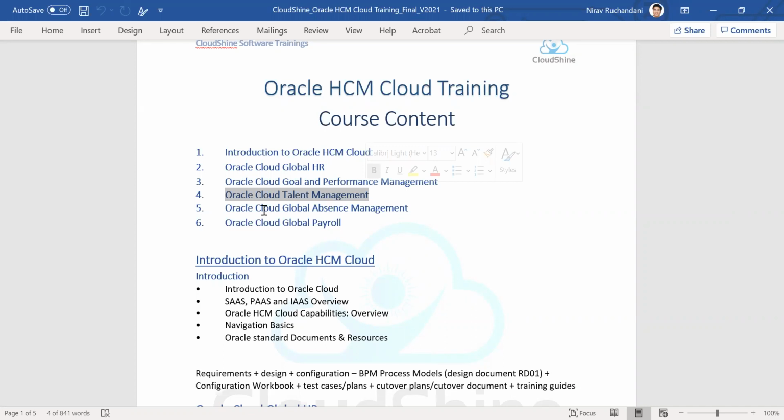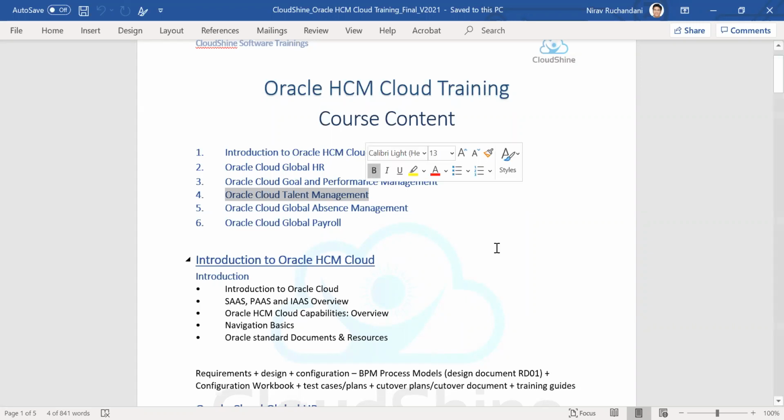What is outside of the scope of this training, to be precise, is we will not cover Oracle Recruiting Cloud, which is the recruit module of Oracle. We will not cover the detail of Oracle time and labor module per se, which is a module in itself. But when we talk about absences, typically we will talk about the scenarios that you will have, how timesheet is maintained and how you integrate it with Oracle time and labor if you have a time and labor module as a part of Oracle, or for that matter if you have it as a third party standalone solution.